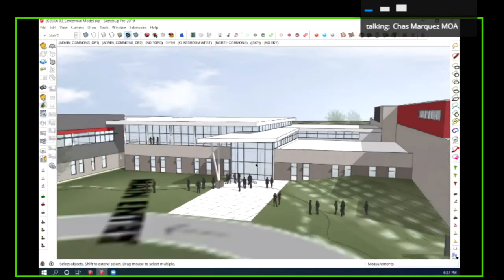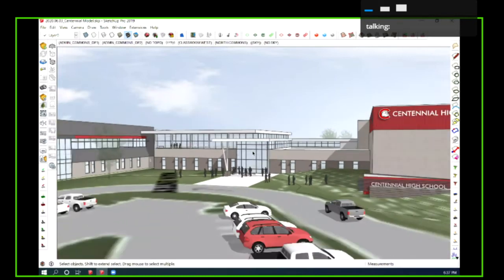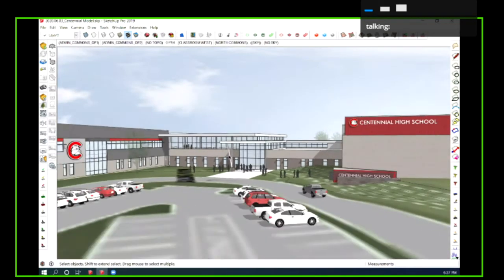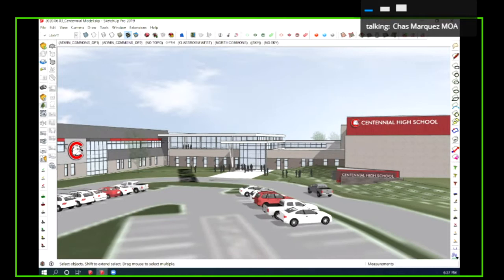You can see just in the general form that we're using pretty simple forms, staying heavy in the masonry. So this particular design is showing a lot of CMU. Where you're seeing these more natural colors, that is the CMU. And then we're using some areas to accent those with the color, again, of the metal panel. So metal panel above.